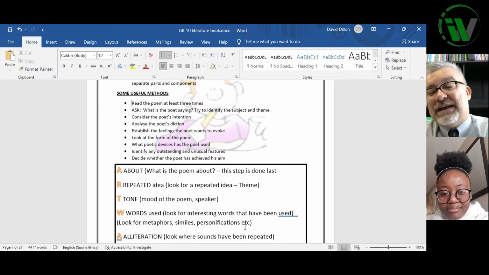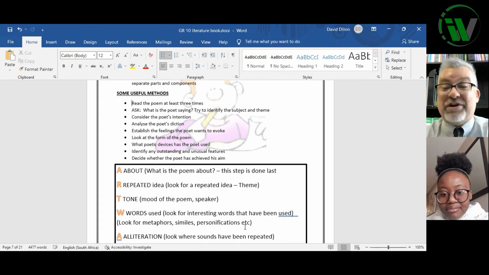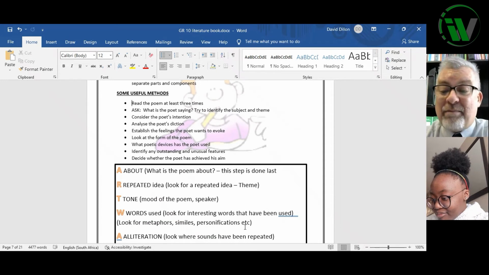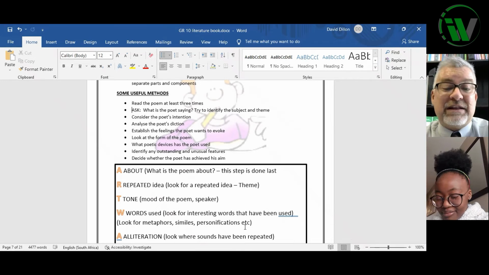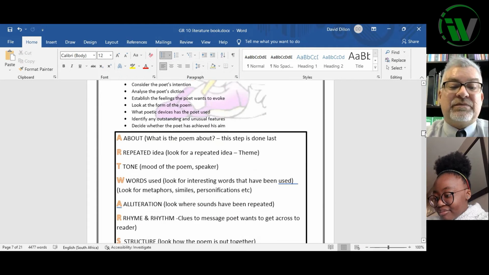And then afterwards, did it work? Do you think the poet got his job done? Okay. So that's kind of how you would go about studying a poem. And that could be any poem. Everything from Baa, Baa, Black Sheep right the way through to anything that Shakespeare's written. You can use the same rules every time. Now,